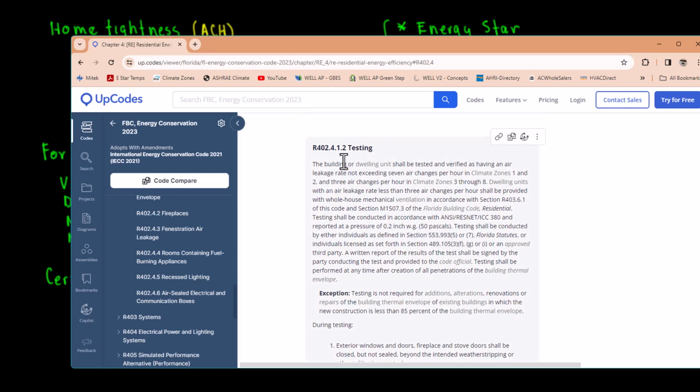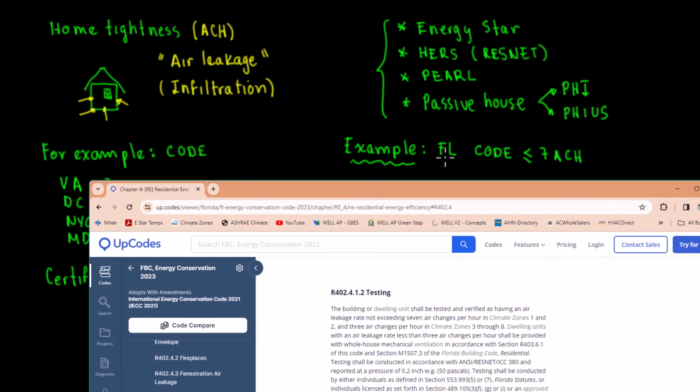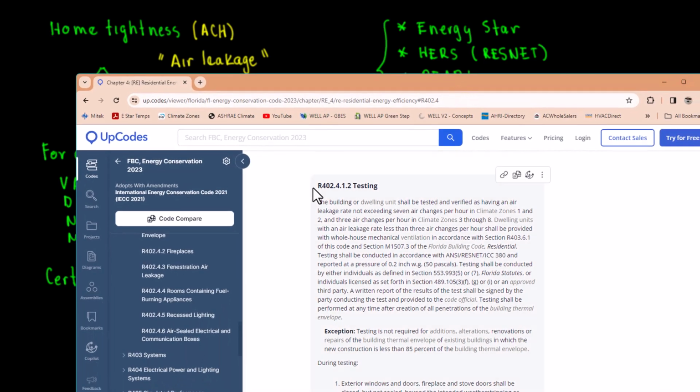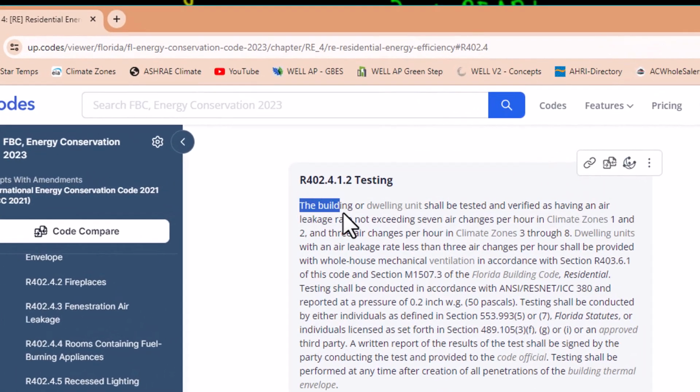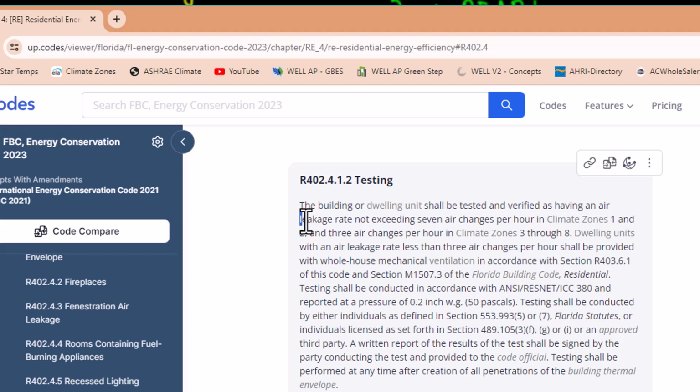Okay, so in other words, this code section that says in here, Florida code less than 7 air changes per hour. Let's see on the code, it says the building or dwelling unit shall be tested and verified as having an air leakage, air leakage is the title of this video, and home tightness rate not exceeding 7 air changes per hour in climate zones 1 and 2, which is pretty much Miami, right?